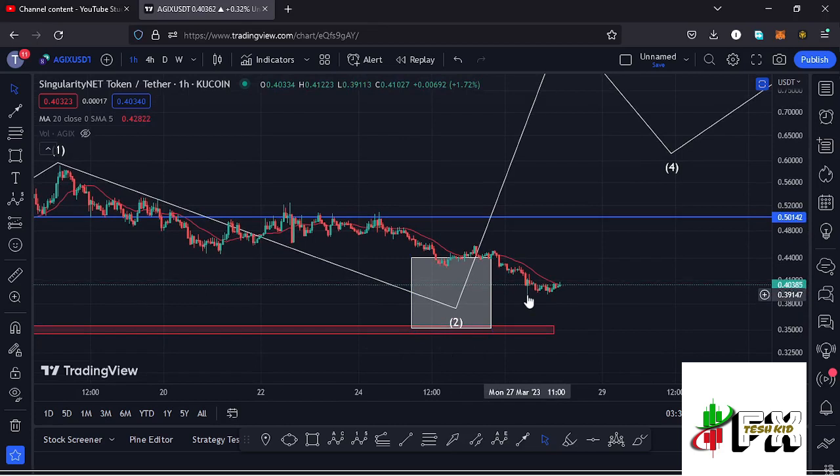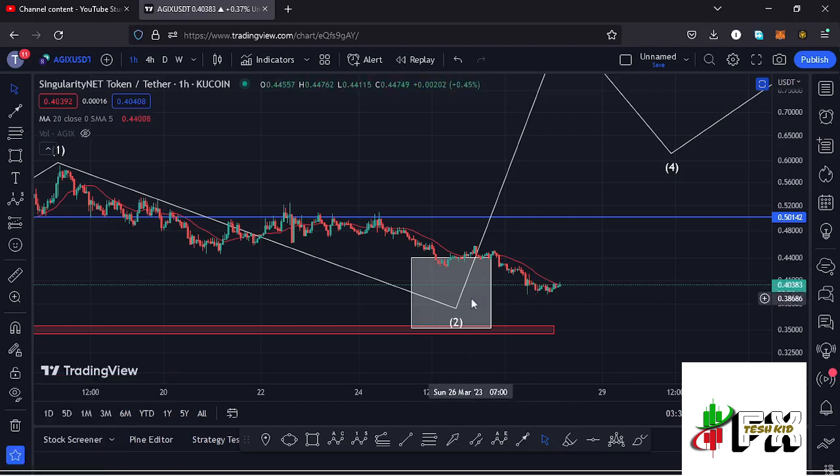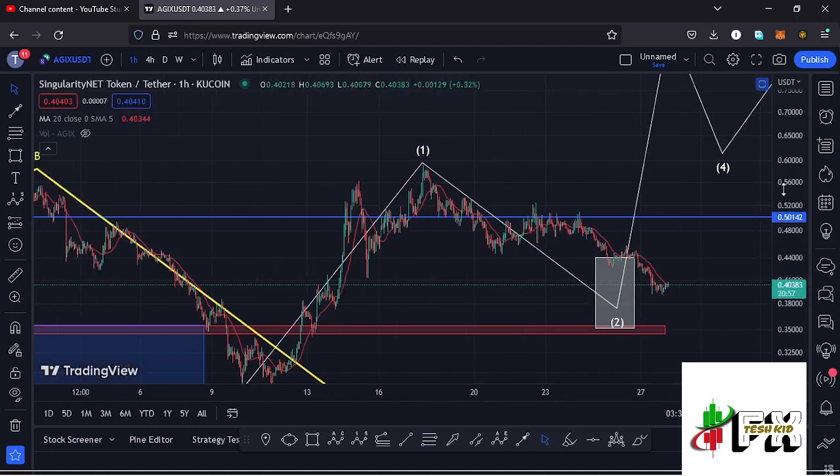peak at around the $0.39149 mark, and there are high chances that that might be the low for this second wave. And if that is the case, and assuming that Agix is not going to give us one more leg down in the formation of this wave 2, we can sketch out a target area to the upper side in the